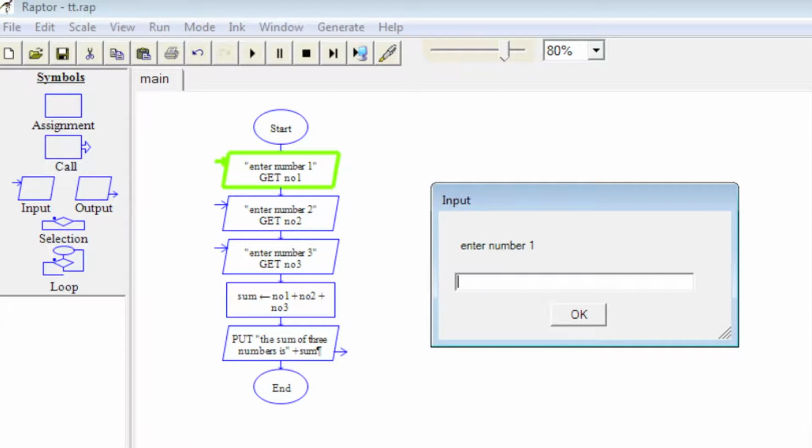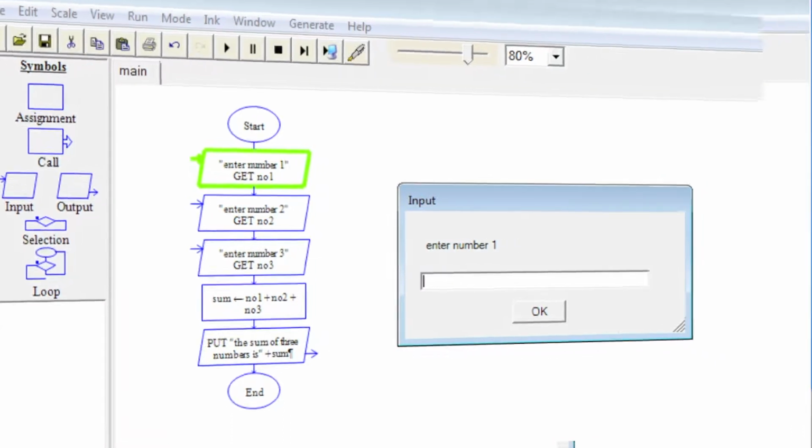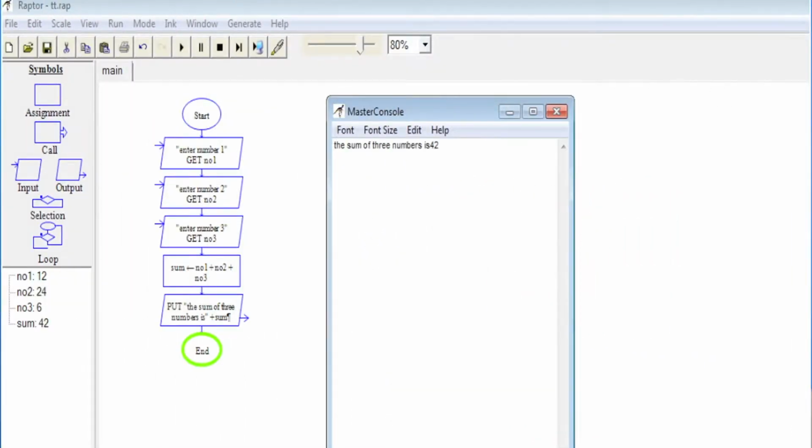You will be asked to give second and third numbers as you did for the first number. After reading the 3 inputs, the assignment symbol for adding the 3 numbers is executed, and then the output symbol gets executed. Now, the result is displayed over a master console window. So, you are now seeing this over the screen.